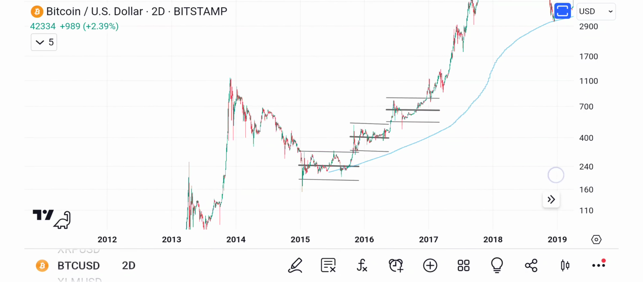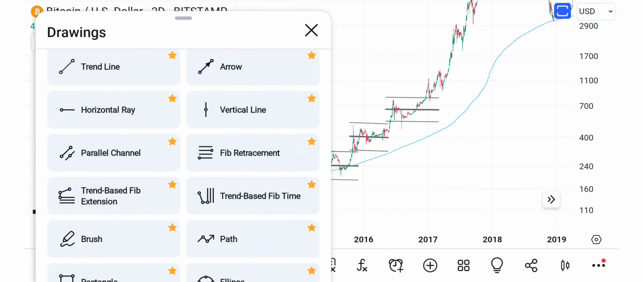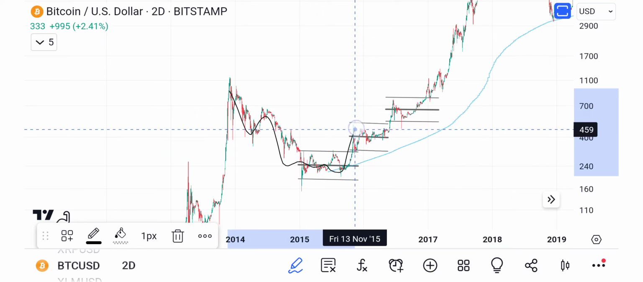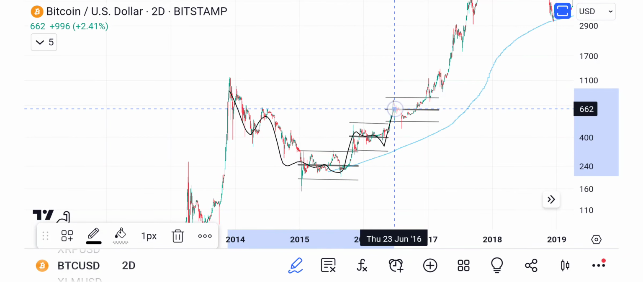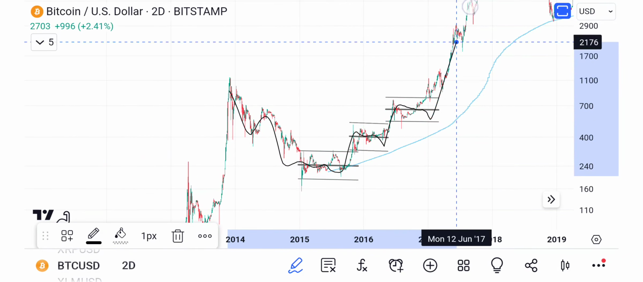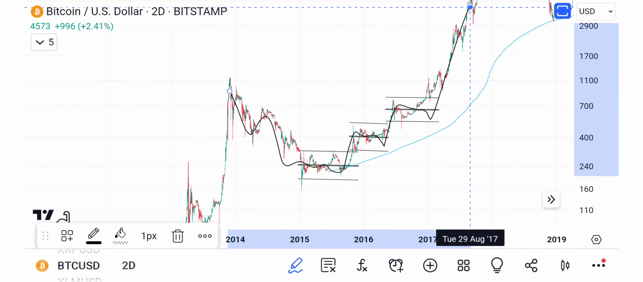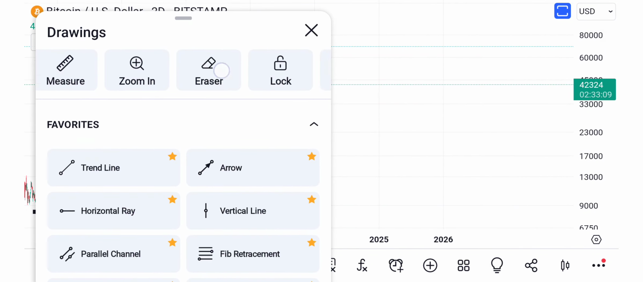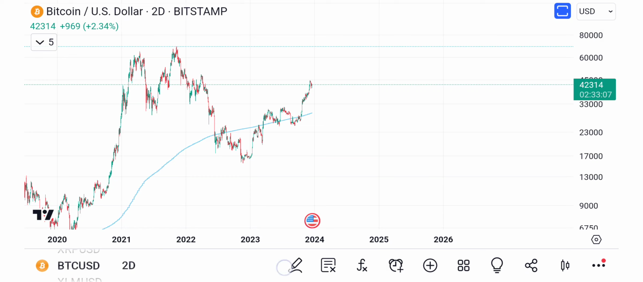There it is before. A, B, C, sideways, sideways, sideways, breakout. Sideways, sideways, sideways, breakout. Sideways, sideways, sideways, explosion. That's what we want. And that's what's happening at the moment. So for example, let me take all that off. If Bitcoin,